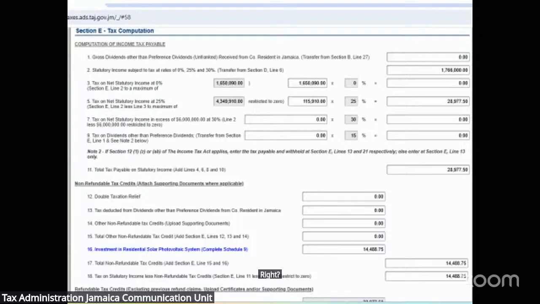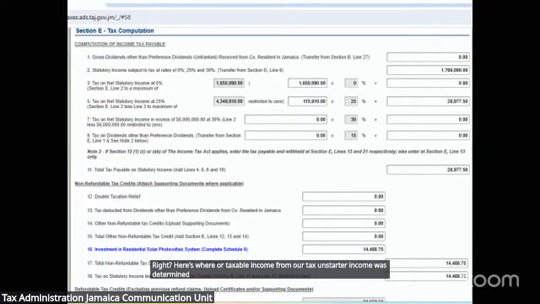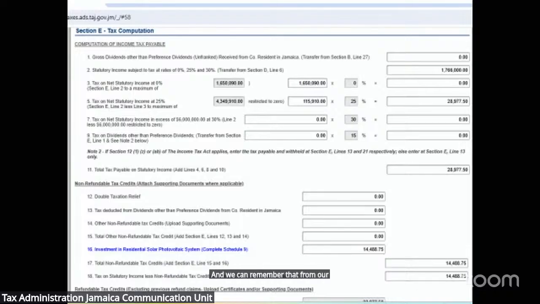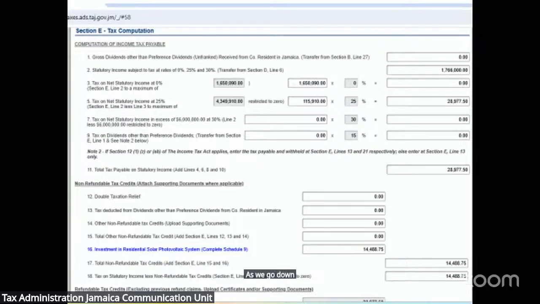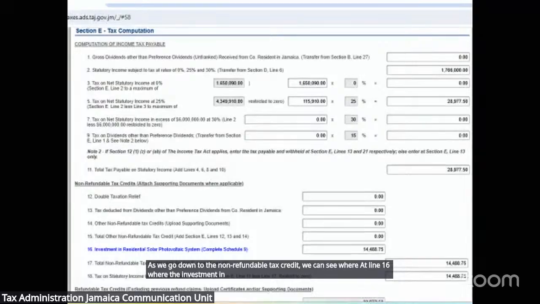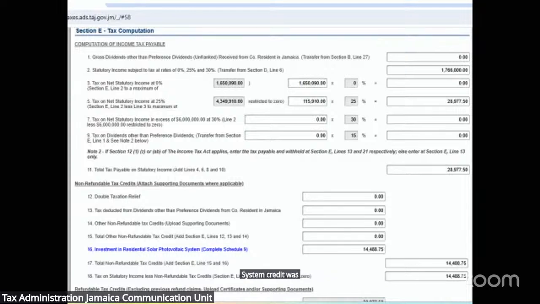Here's where our taxable income from our tax on statutory income was determined, 28,977.50, right? And we can remember that from when we calculated our credit, that it was 50% of this figure that we're able to benefit from. As we go down to the non-refundable tax credit, we can see where at line 16, where the investment in residential solar photovoltaic system credit was applied. And in this case,